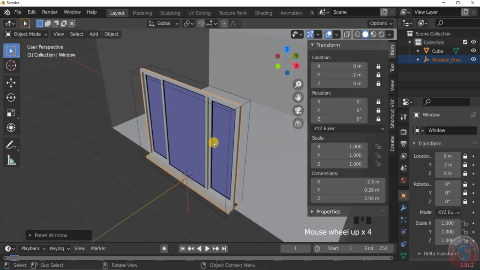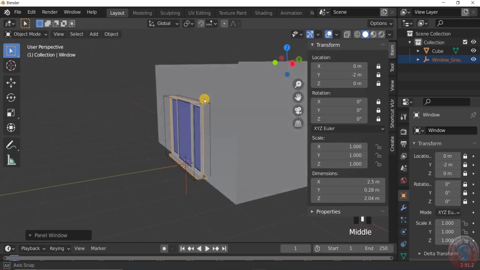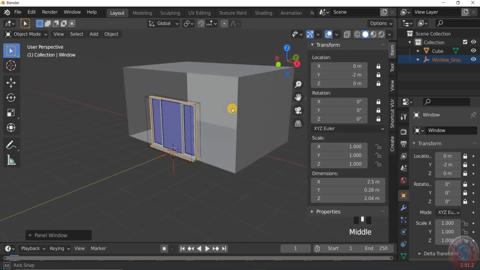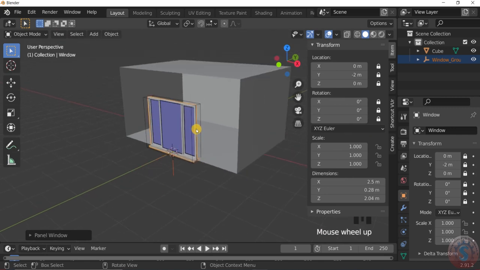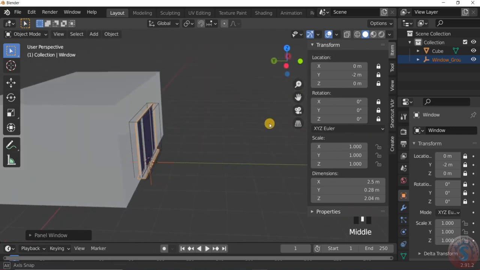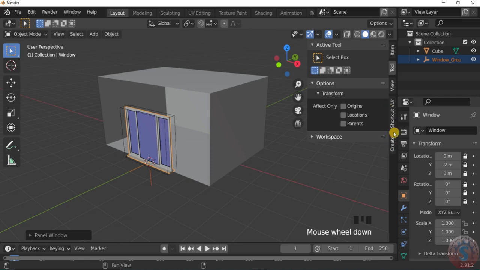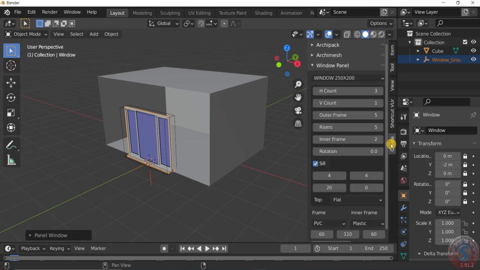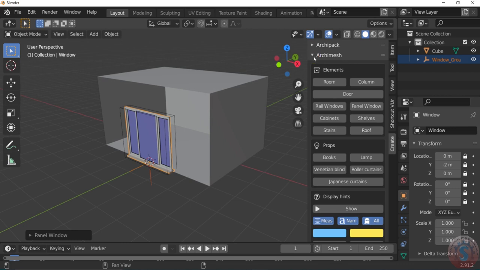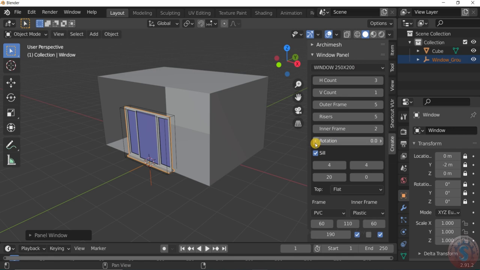See, after clicking on the panel window, it is created successfully, and you can increase the height with respect to the cube. Now I will show you how to increase this. You want to increase or decrease the dimensions and change the shape of this object. You can observe after creating this, the create option is there. On the Archimesh you can observe the create. The window panel we created is already selected. After selecting the window, you can observe that this is a 250 by 200 window, the dimension.